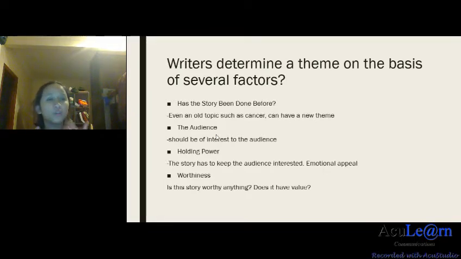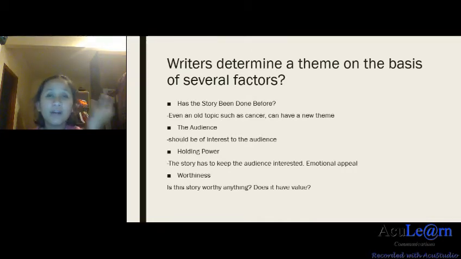You want your audience to read your stuff. It's the most important part of being a journalist or a reporter or even a writer. Okay, the third one will be holding power. The story has to keep the audience interested when you write a feature story. Okay, it must have emotional appeal. You can elaborate,